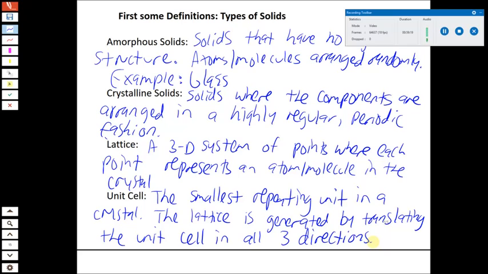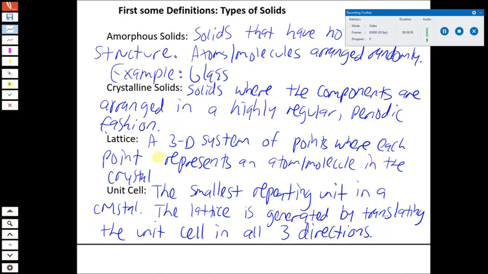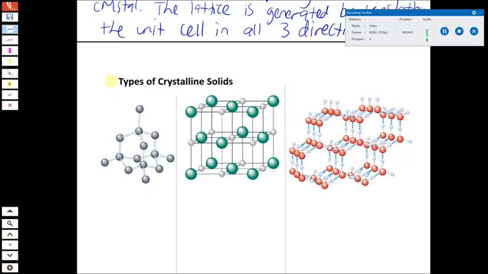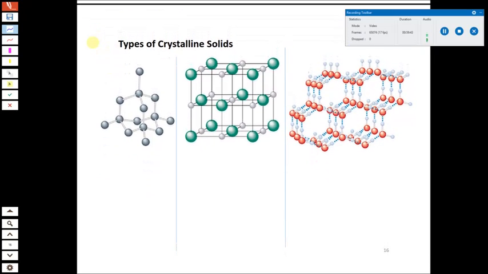So we always think about the unit cell, because as we'll see, the unit cell is going to have a very specific structure associated with it, and we can make some predictions about the properties of that solid based on some of the aspects of the unit cell that we can easily characterize. So that's kind of the basic definitions. We'll get into this structural chemistry a little bit more next time, so we're going to leave that behind for now. What we want to talk about at the beginning then are types of crystalline solids,